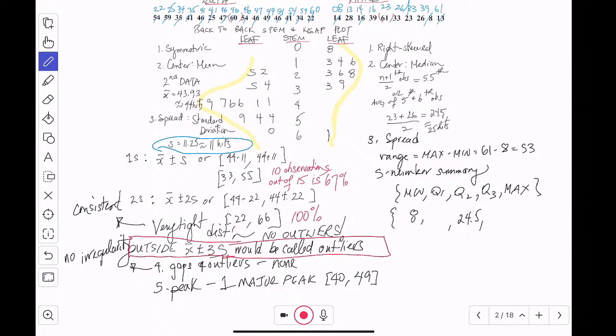All right, so then we need to find the other one. So it was 24.5, but that's not a data point. It's between 2 of them. So we're going to divide the data in half between 23 and 26. So what I want to do is find the middle of these observations. How many are there? Well, there were 10 divided by 2, so there's 5 in each.